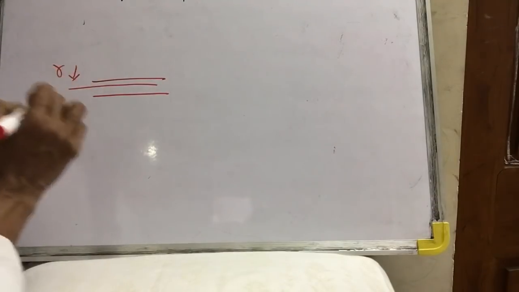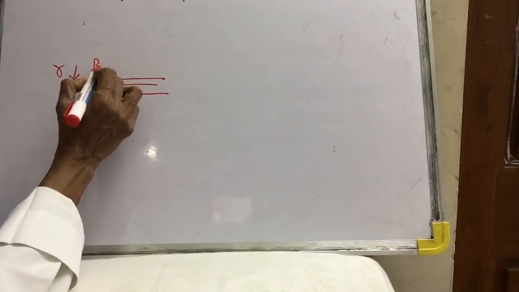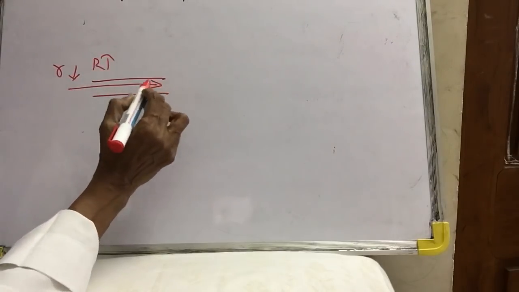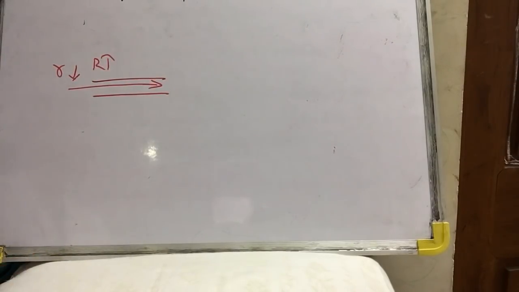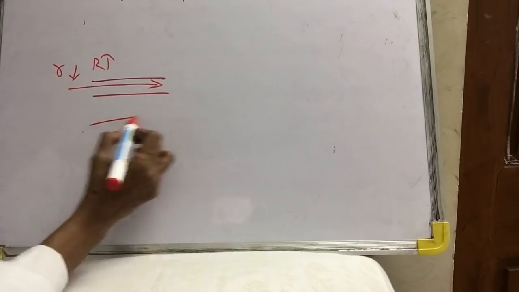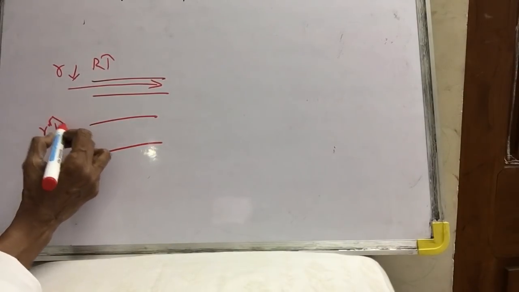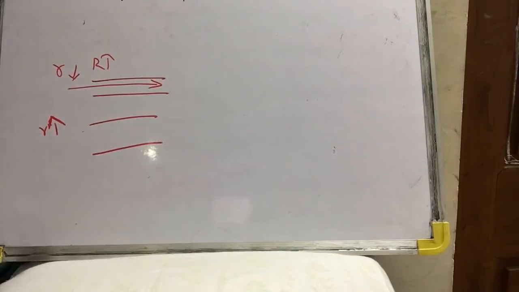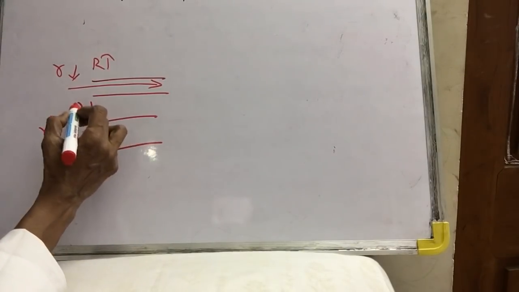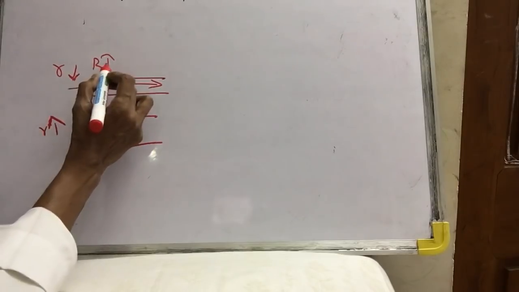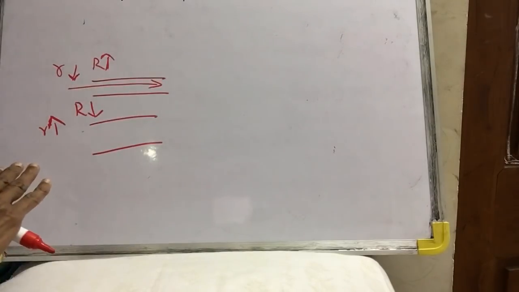If the radius is reduced, then the resistance will increase. If the resistance is increased, there will be less amount of blood flow to the tissues. That means the tissues will be deprived of nutrition and oxygen, since there is lesser blood flow. Here if the radius is reduced and resistance is increased, there will be less blood flow and the tissues will be deprived of oxygen and nutrients.